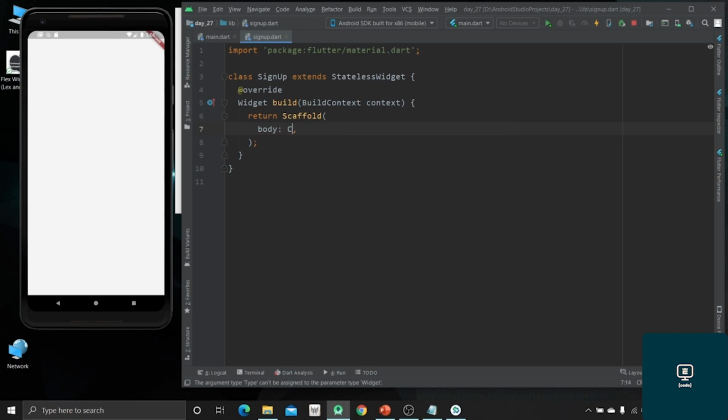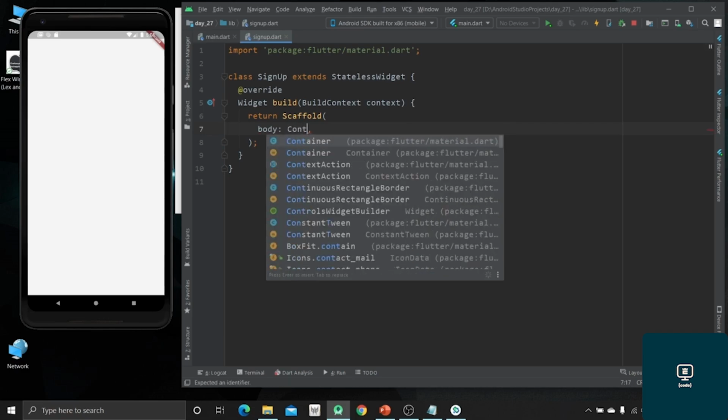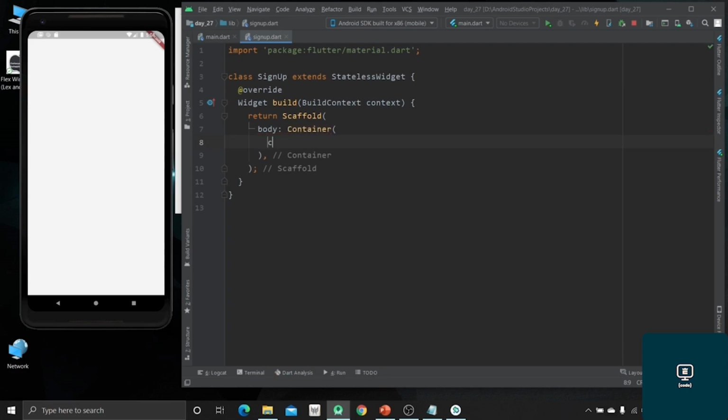column widget. The main parent will be container and its child will be column, and we will specify the child. Now as we are going to create sign up page, we can use text field or text form field to take the inputs from the user like email address, username and password, confirm password. So the fields which we want the user to fill up, we can place inside the sign up